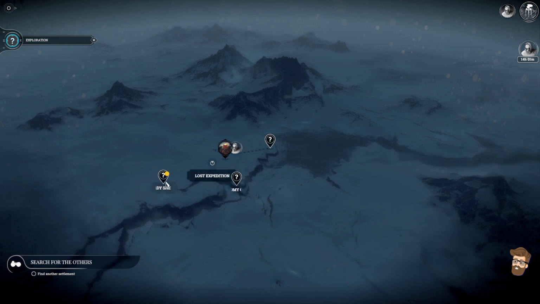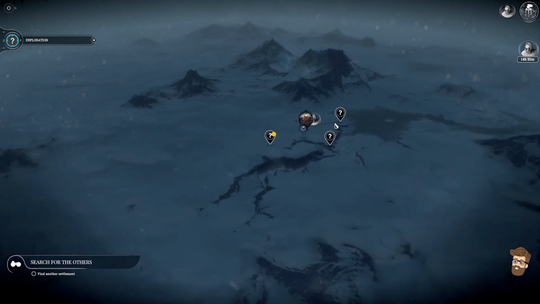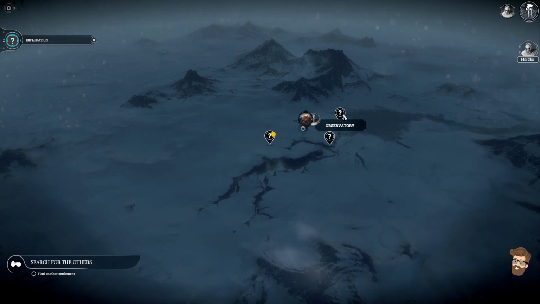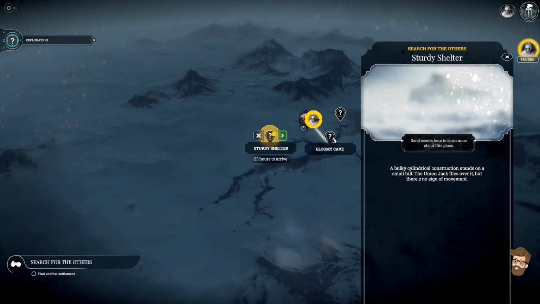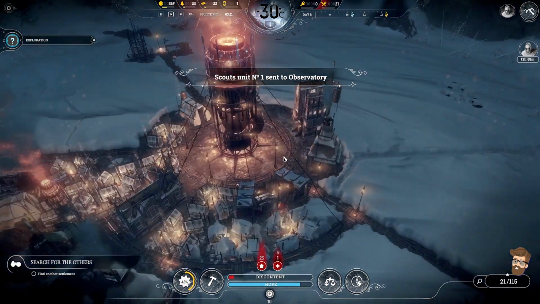How do we go out to the map? Crap, that was the search for others. Can I reassign them? I'm going to cancel that. It looks like we're going to use sturdy shelters. That's a full day. You know what? I'm just going to keep going with the observatory. Hopefully I can research some...